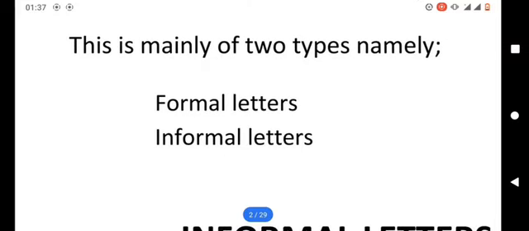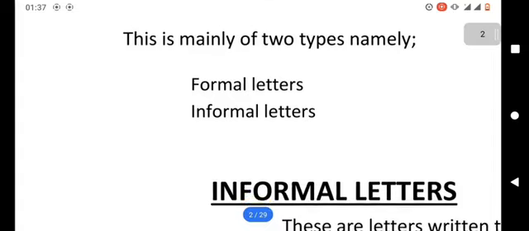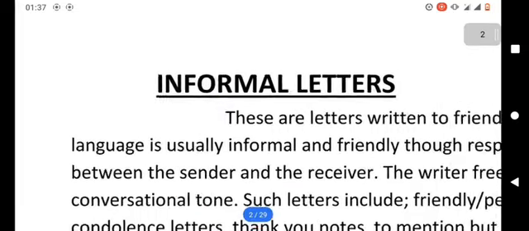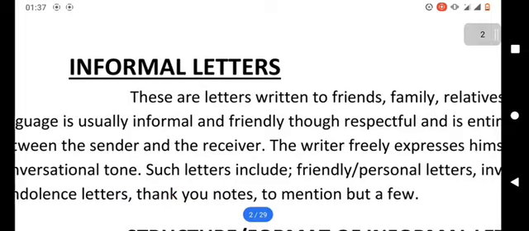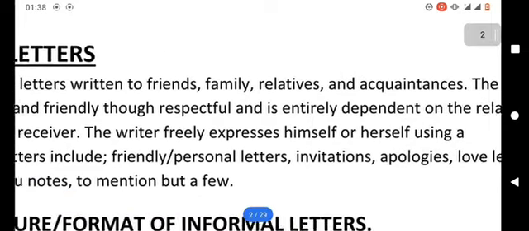Acquaintances means the people that we know but are not close to. Friends, in that case, let's dig deeper by looking at these things in detail. Informal letters, as I've said, are written to friends, relatives, acquaintances,